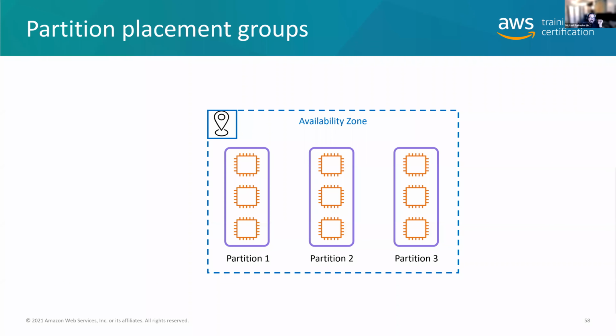And then we've got partition placement groups, which do a combination. What they do is they place you apart in the same availability zone, but then they put stacks of systems together. This is useful for specific things like Cassandra, Apache HBase, the HDFS file system, the Hadoop distributed file system. This is a way of creating distributed clusters within the same availability zone. So you get the benefit of having these boxes together, but they are segmented from each other on these different physical hosts.